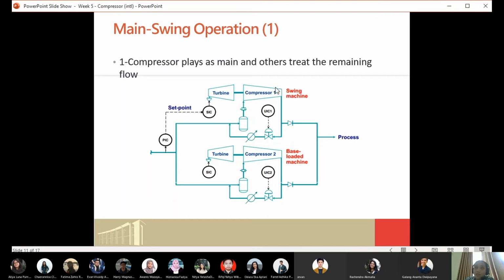So how do you do the operation? Because compressor number 2 is new, its performance is much better than compressor number 1. So you can put more load on compressor number 2 and give less load to compressor number 1.